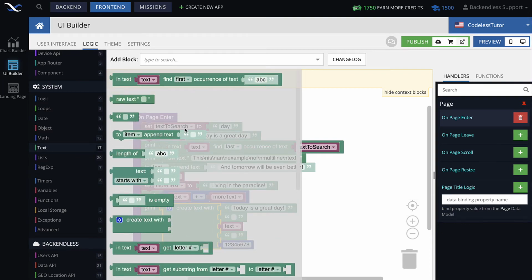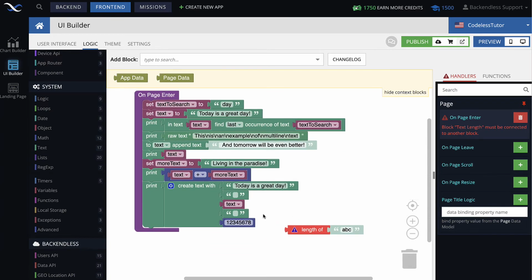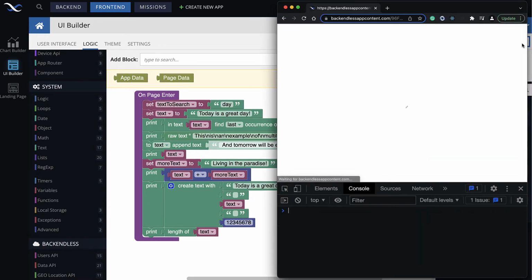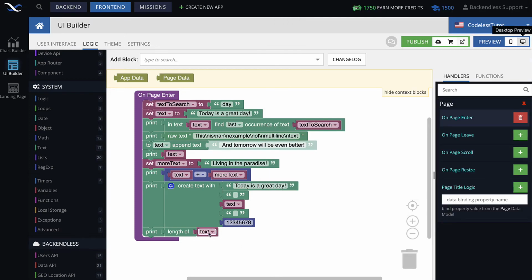We looked into this one, calculating the length of. So this one is fairly self-explanatory. And if you want to know the value or the length of a specific text, you can use this length of. And by the way, now the longest one that we have is this more text. Actually, is it? No, text is probably going to be the longest. So if we use this text variable right here and rerun this page, the very last one is 55 characters long. So we know that text has 55 characters in it, because length of, that's what it returns.